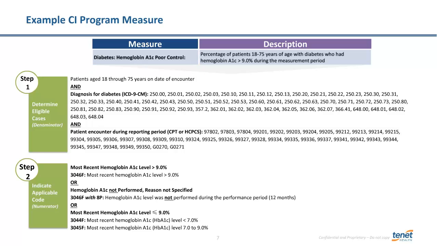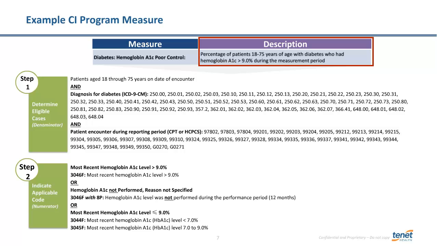The first step in tracking the measure is to identify whether or not a patient falls into the denominator population. In this case, the patient would have to fall into a particular age range, 18 to 75, at the time of the encounter, and then have the eligible ICD-9 codes reflecting a diagnosis for diabetes and your eligible CPT or